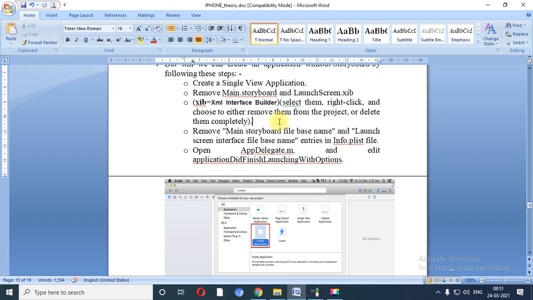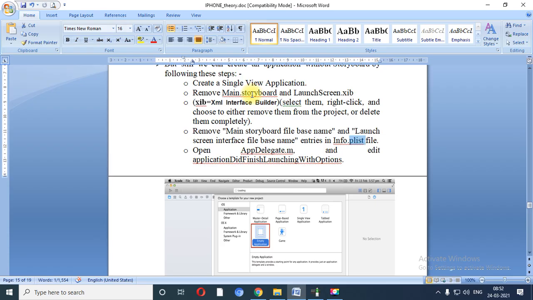Next is called remove the storyboard based file and launch screen interface file base name entries in the info.plist file. That means, see, these all files are available in the left pane, right? Android Xcode IDE I have already explained. In the left pane there is a file inspector which is a collection of different kinds of files available in the document.